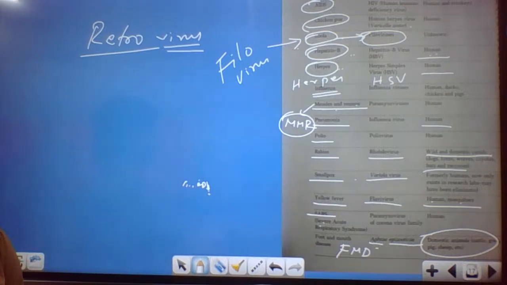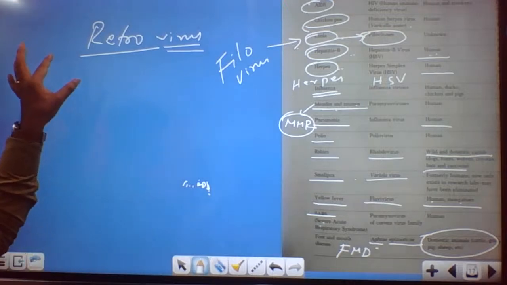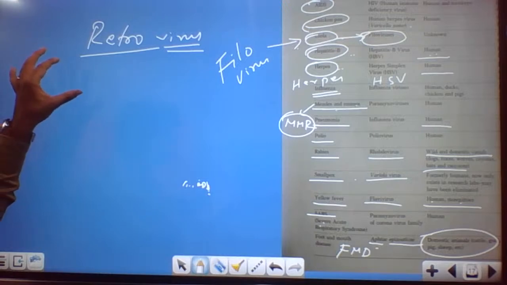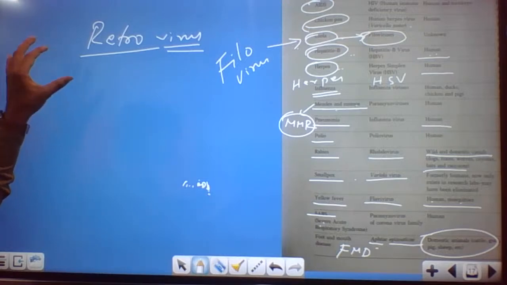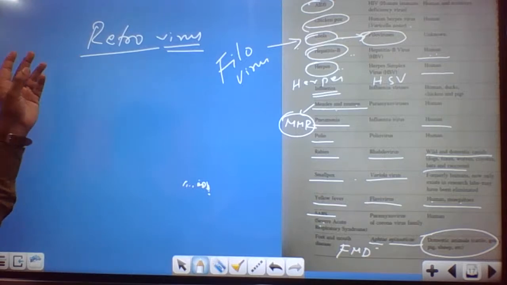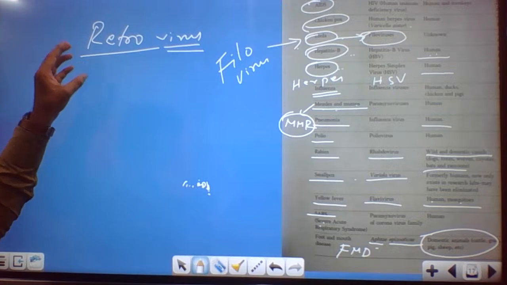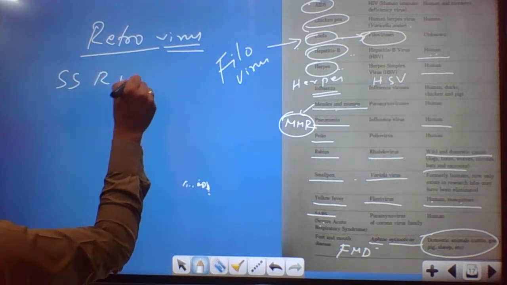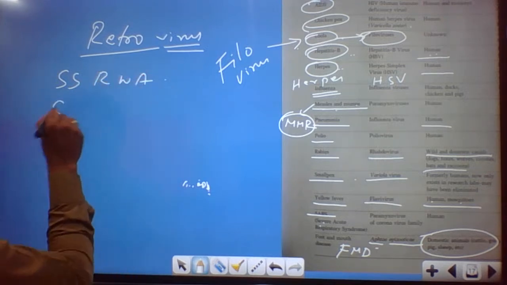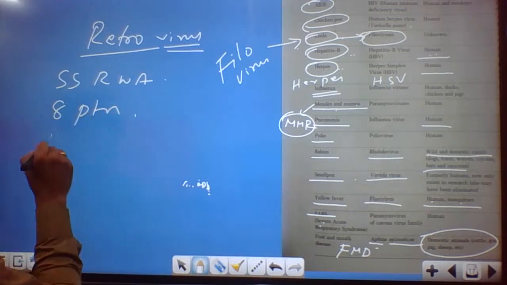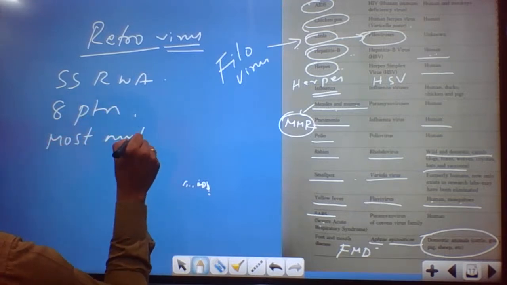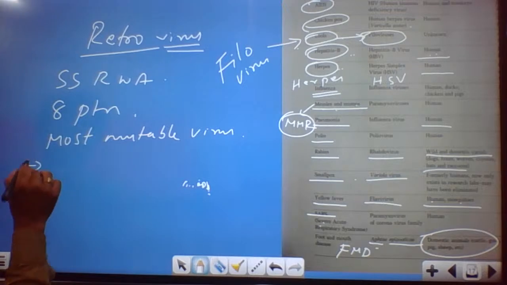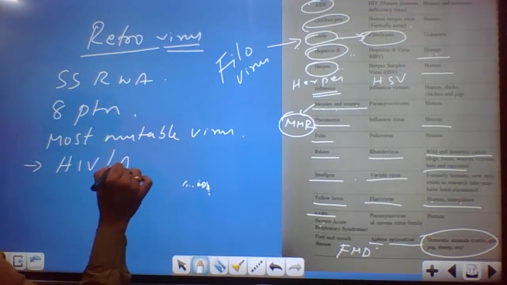Coming to this retrovirus, what is the genetic material that you could see in case of retrovirus? Is it RNA or DNA? Is retrovirus single stranded or double stranded? So first we'll start with the retrovirus. Here, retrovirus is a single stranded RNA virus, and this consists of mainly 8 important proteins, and this is the most mutable virus. The retrovirus that we're going to discuss is HIV/AIDS,